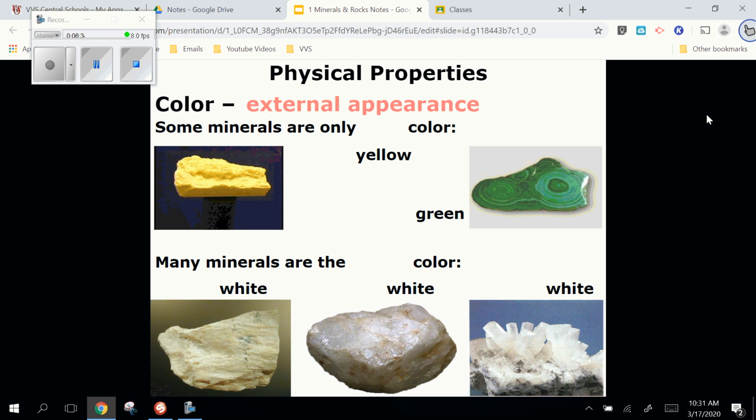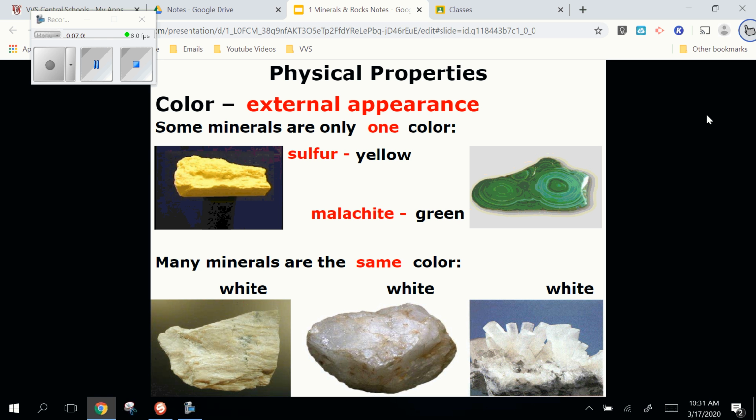Color is, what does it look like? You pick it up, that's the color. Everybody knows what the color is. The problem with color is that it's not a good way to identify a mineral. Okay? A couple of them, yeah, it's okay. You know, sulfur, everybody kind of knows what sulfur looks like when you pick up a piece of sulfur. There's this other mineral called malachite. Pretty much that's the only mineral that looks like that. But other than those couple, pretty much anything that we're going to run into,